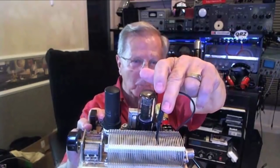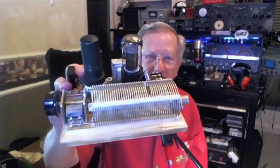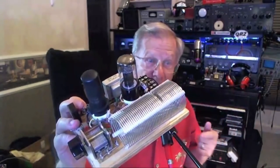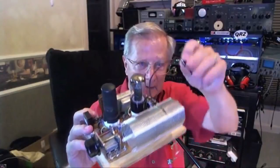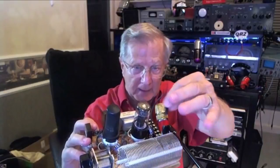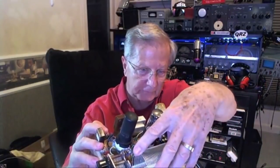And later on, we get all this finished. One of the projects, I'm going to have a lot of little added features. One of them going to be, we'll put a band switch on this thing. But I've had it on 40 meters. It works great. The band switch right now is this little clip lead, clipped right there. I think it's 14 turns. We need the whole coil, 41 turns, for 75. But then